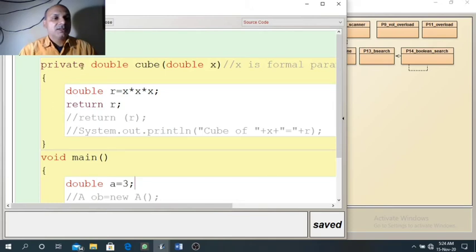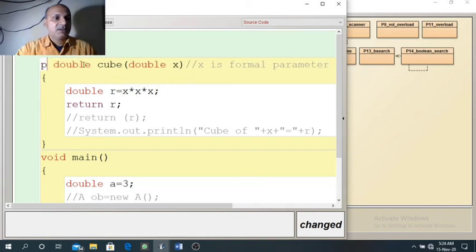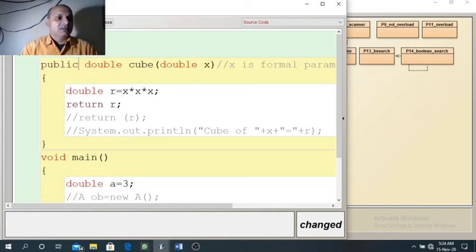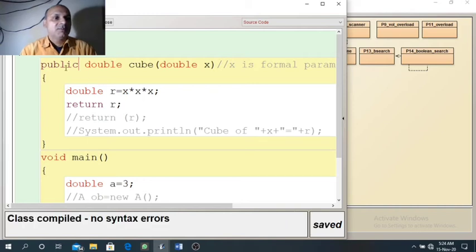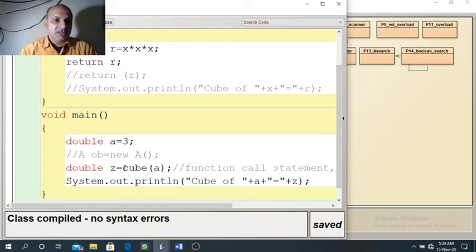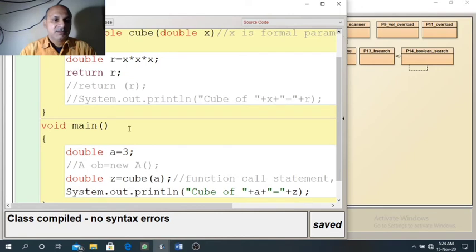Now we will see if we change private to public, what happens. Now public function can be used everywhere. So you can see here in the same class cube is used and it is working, compiling.